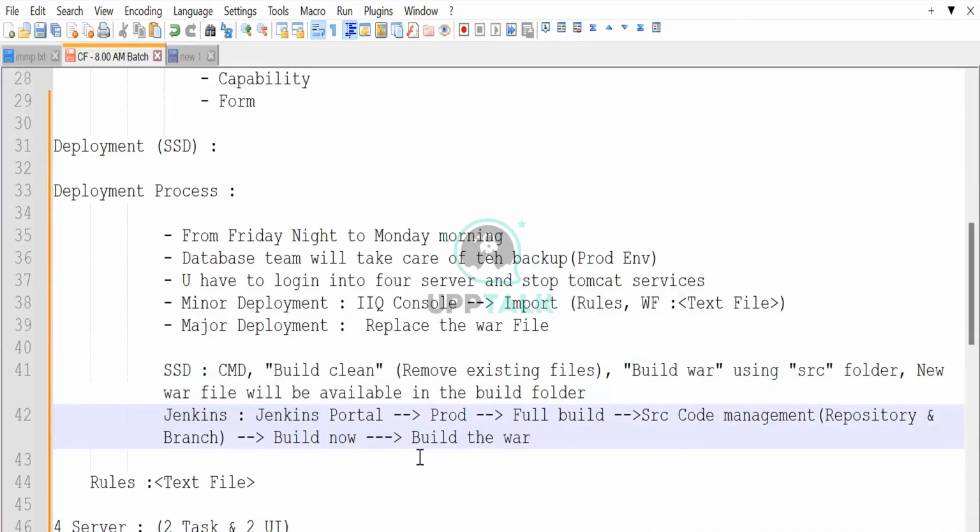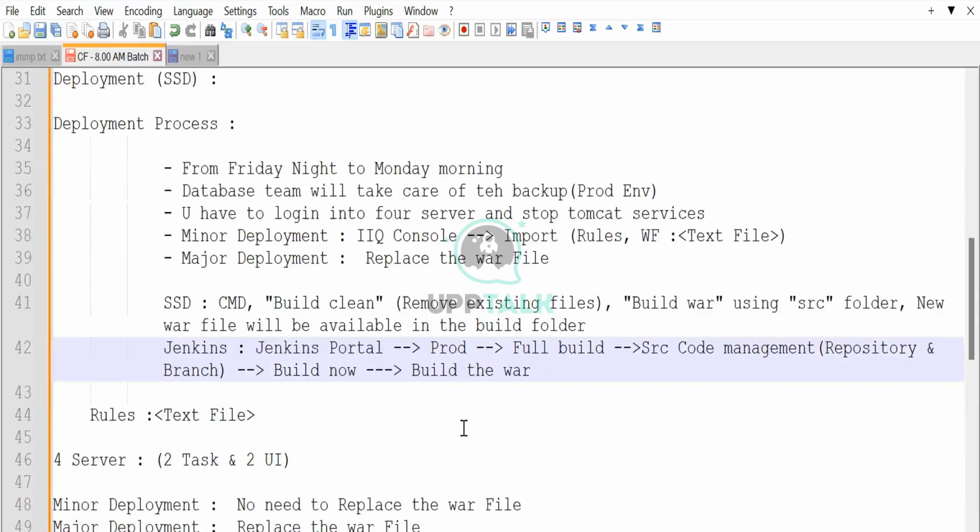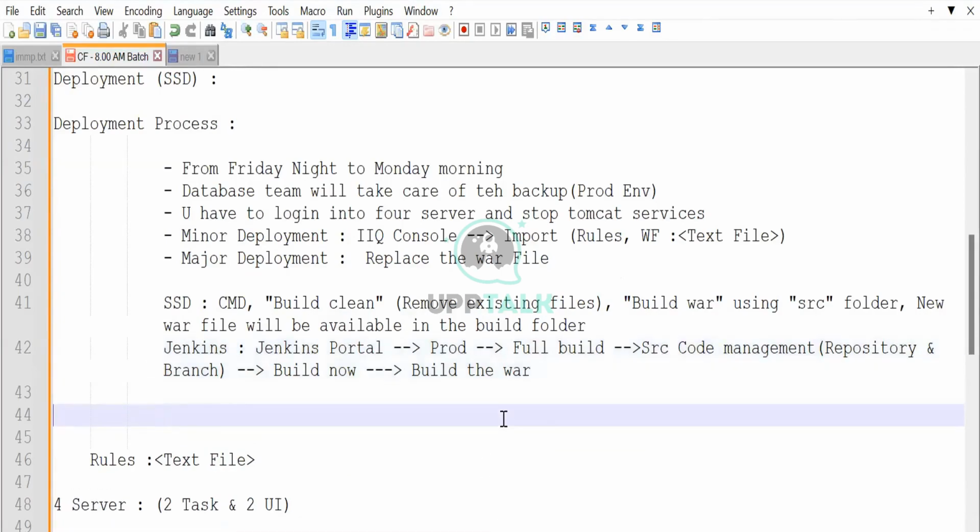What you can do is get that WAR file and replace it. Now we'll come to the question. If it is a minor deployment, no need to replace the WAR file. If it is a major deployment, like let's say you have a requirement to repair one report, a custom report only, have you seen, Far? This custom report